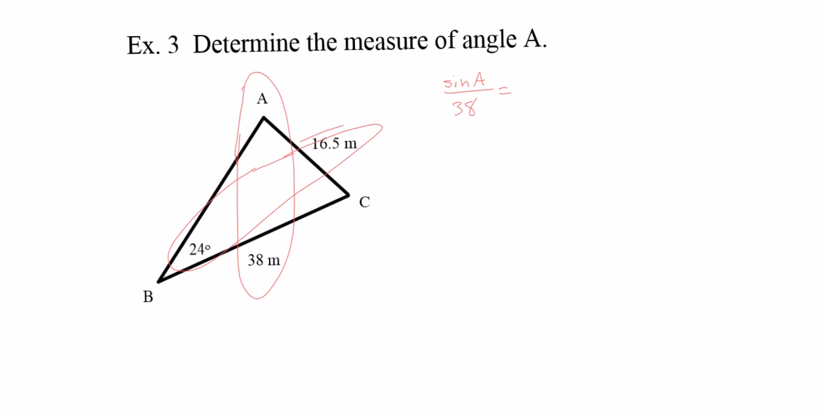16.5 is on the bottom, so it's sine of 24 divided by 16.5. Now what we have to do, in order to get sine of A by itself, we're going to move the 38 up to the top of the other side. You'll notice a pattern. So we get 38 sine 24 divided by 16.5. Do our calculation, we get sine of A equaling